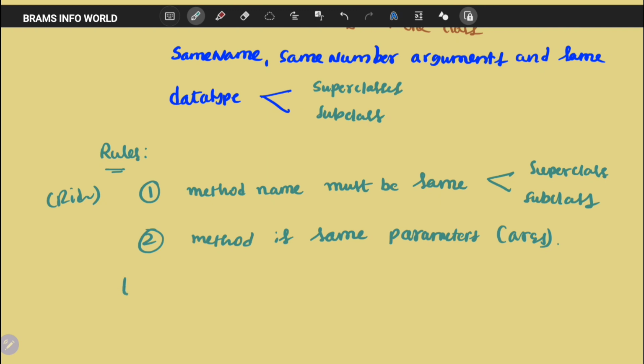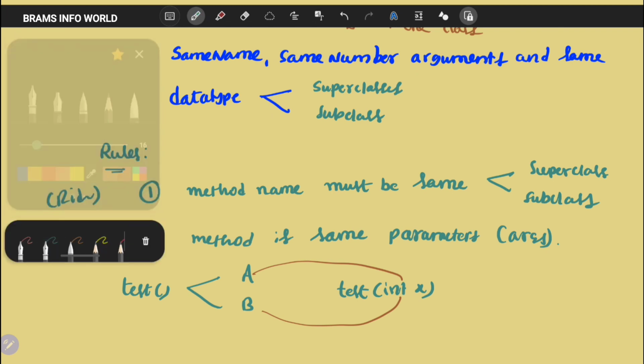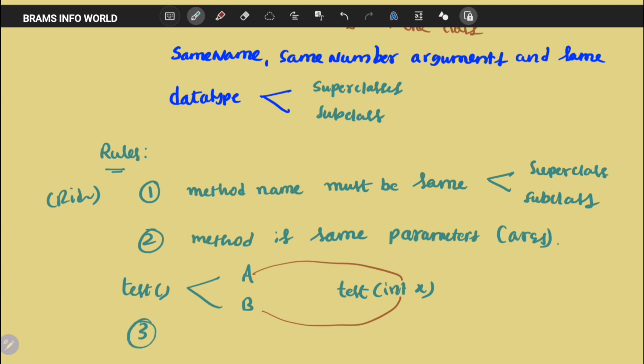Okay, for example, we are defining test in class A as well as class B. For example, there is a parameter like int x. So this int x is reflected in class A as well as class B. And rule 3: it must be an is-a relation.